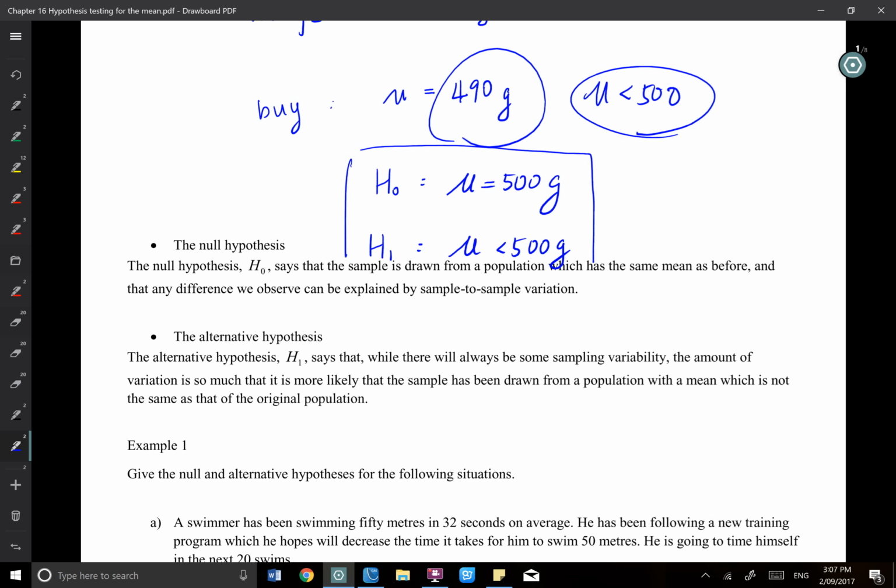Well, I'm very likely to reject the H0, because in your population theory it's so hard to get something less than 490. In your original distribution, you give me a mu, you give me a standard deviation, and I find that less than 490 is actually a really low probability. Well, I don't think it's a sample variation thing. I think it's really something wrong with the mean. The mean is different for my sample, for the thing I collect. So then I will reject H0, reject the null hypothesis.